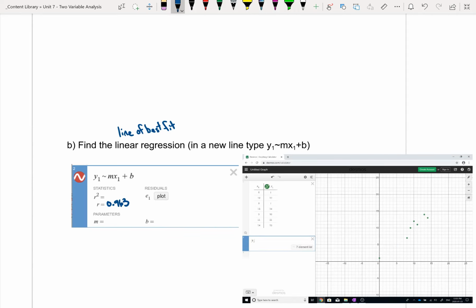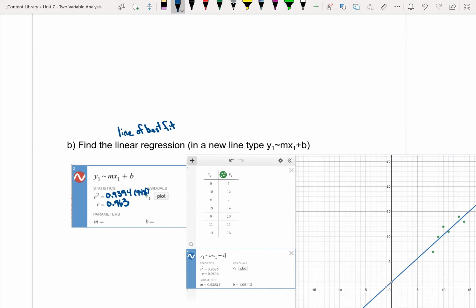You get an r squared value of 0.9394, or basically 94%. You have your parameters, so this is telling you what your m value is of this linear equation. So your m value should be 0.938, and your b value should be